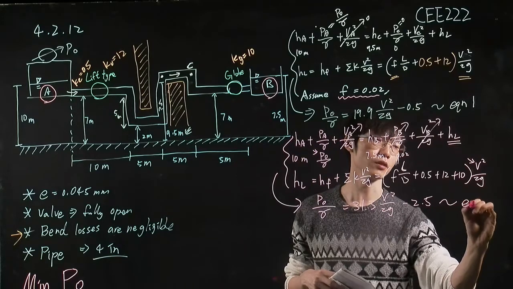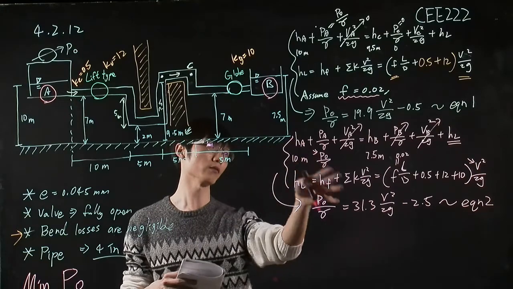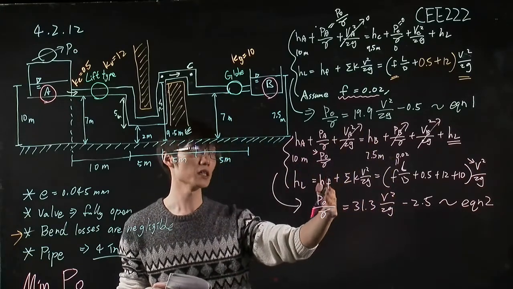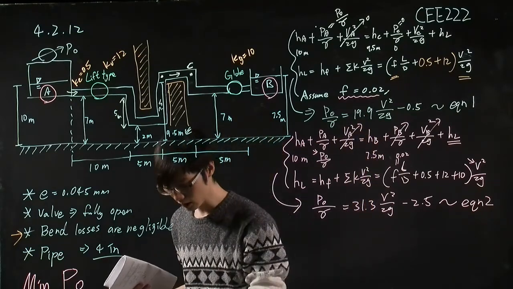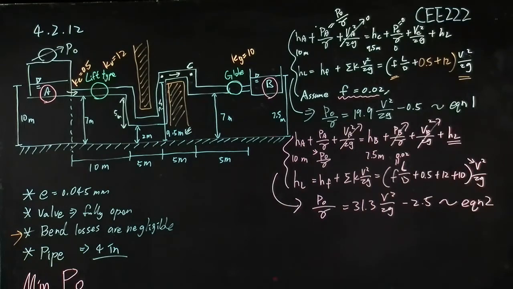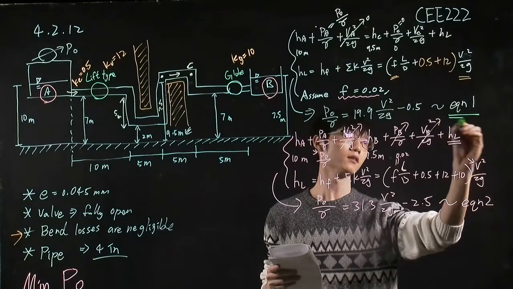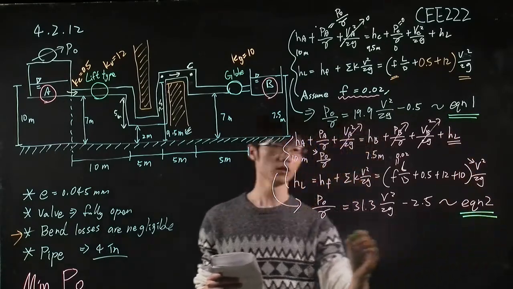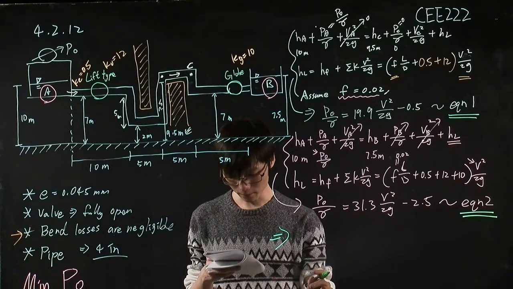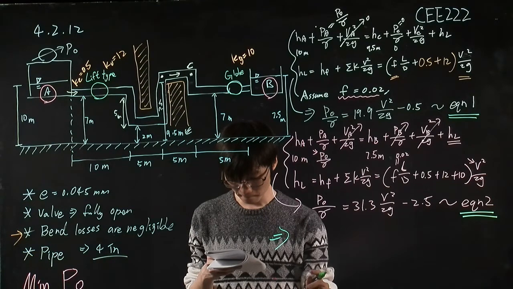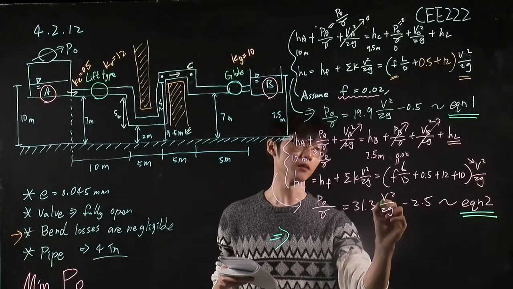And we call this equation 2. Okay, so now we have the two equations with two unknowns, so we can solve for P naught and the V as well. Let me change to a different color. We use equation 1 and equation 2 to get the P naught, to get the velocity term,